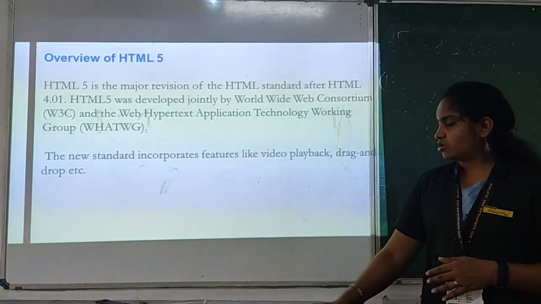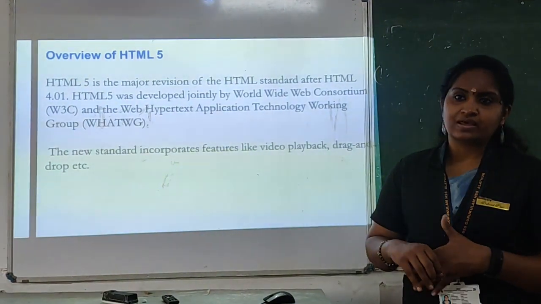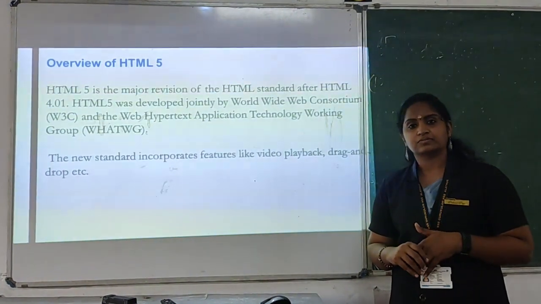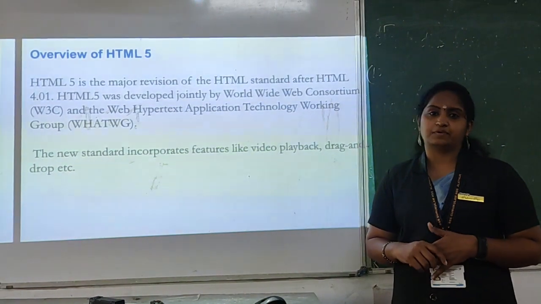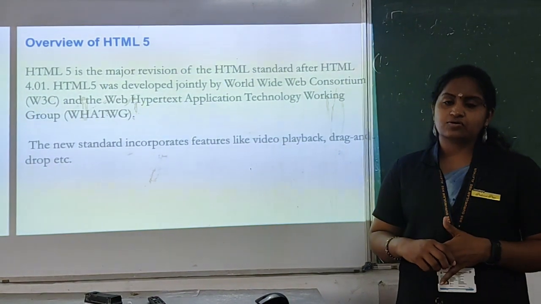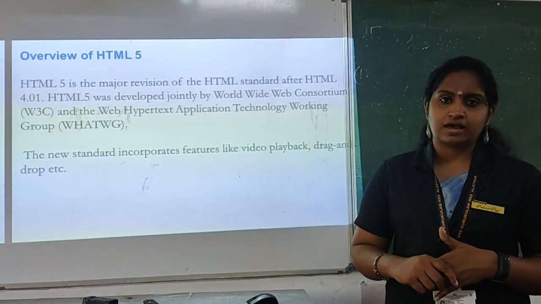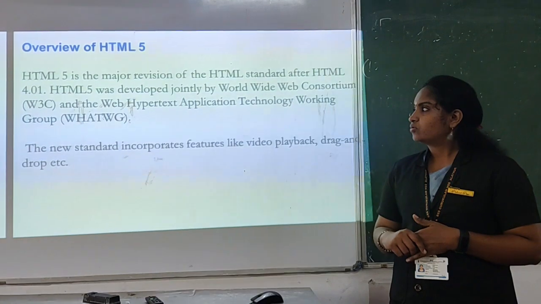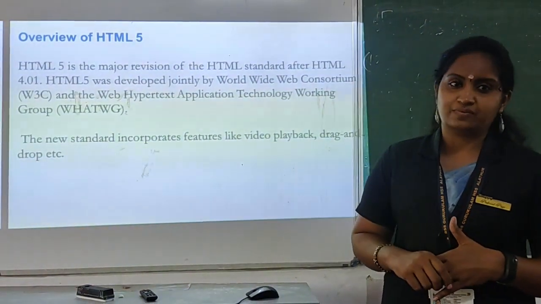Clear? So after including the different forms and contents we submit the work. Is it? And how this server will work, we will discuss in the next chapter. Okay, what are the functions it will work with? Clear? So we'll study in the next chapter. And the updated version of HTML is HTML5. It has features to include video and audio, and many contents we are using nowadays. Is it clear?